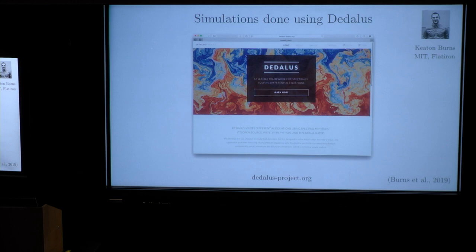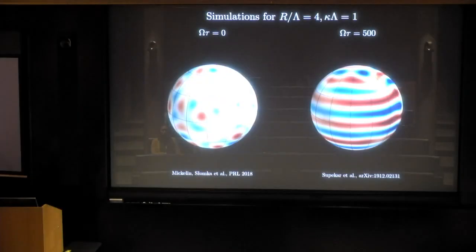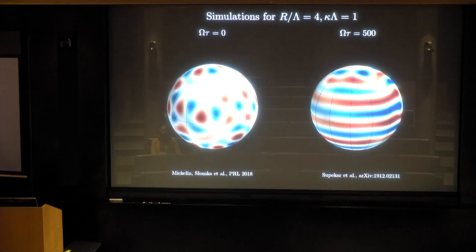So then we go forward and do simulations of the model using Dedalus. So this is, I think, so a few talks I mentioned using Dedalus. And so Keaton Burns, who was originally at MIT, at Flatiron and now is at MIT, helped me set up this code. So let's talk about the simulation. So here, I'm showing you a simulation when omega is 0, so we are not rotating. And as we see this